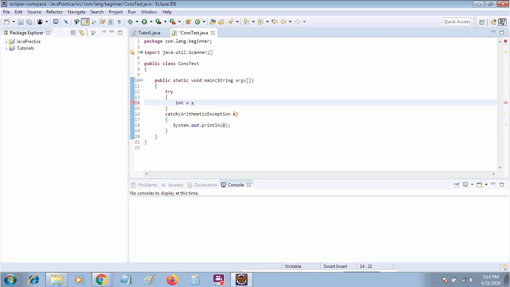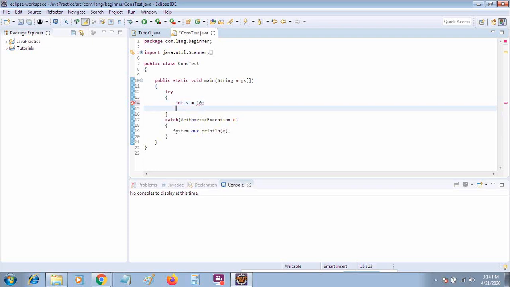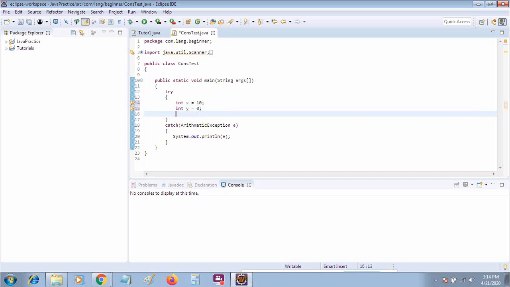Suppose the first number is int x equal to 10, int y is equal to 0, and then int z is equal to x divided by y.